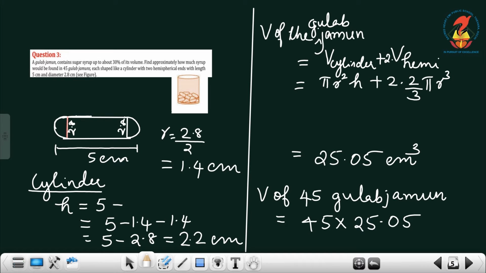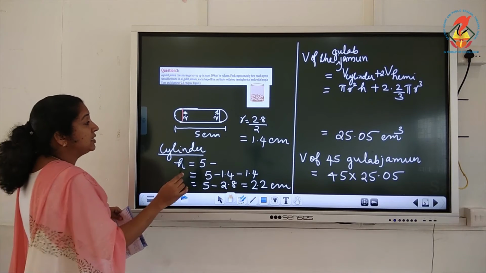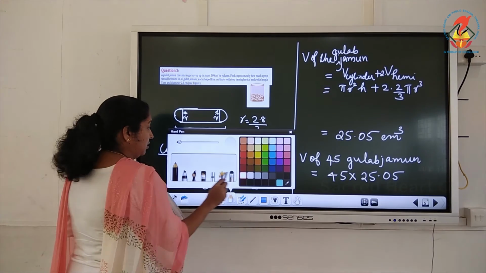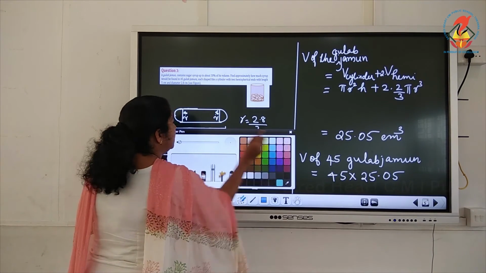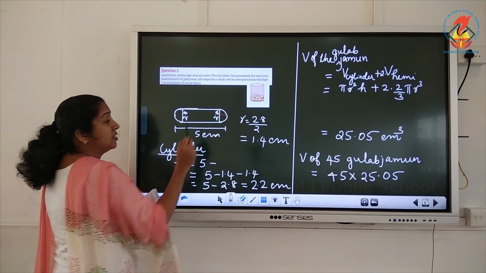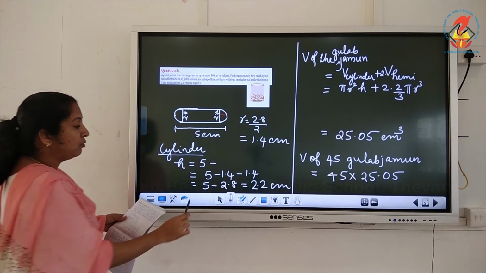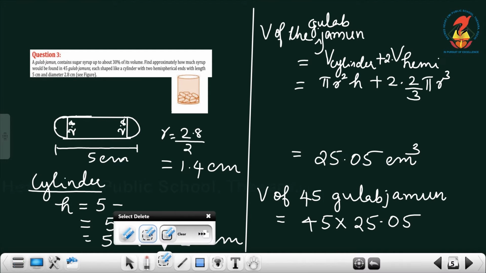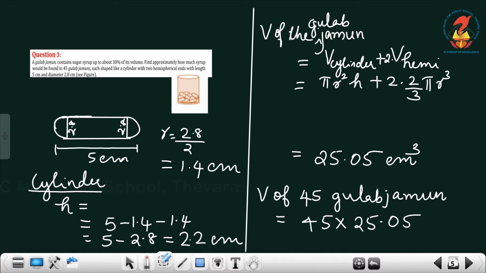Radius is 1.4 centimeter, and the height of the cylinder, what do you have to do? You have to subtract this length from that. This length means it is exactly the radius. So, 1.4 you have to subtract from that. So, you are getting 5 minus 2.8, which is equal to 2.2 centimeter. So, volume of one gulab jamun is equal to